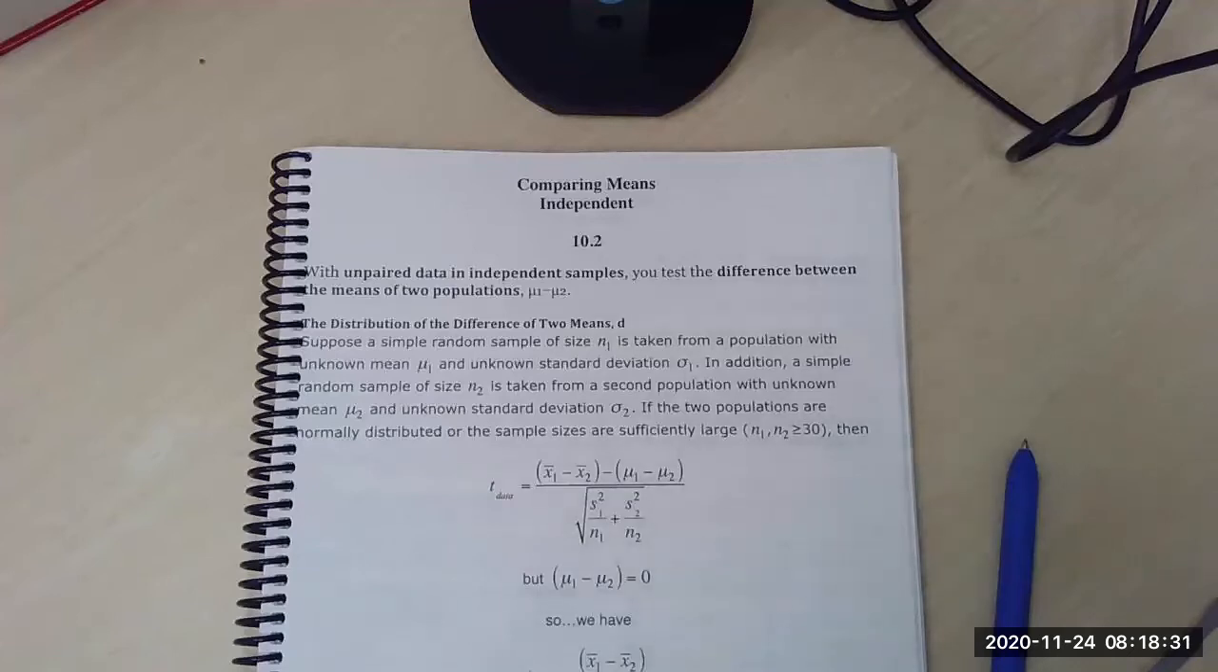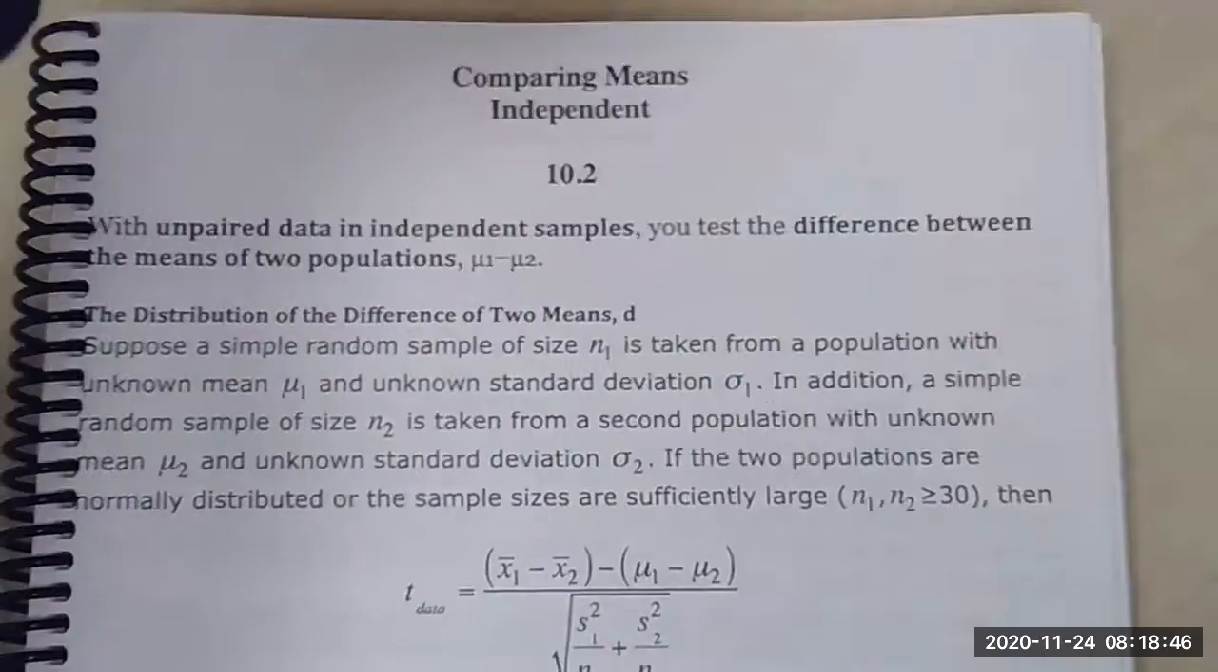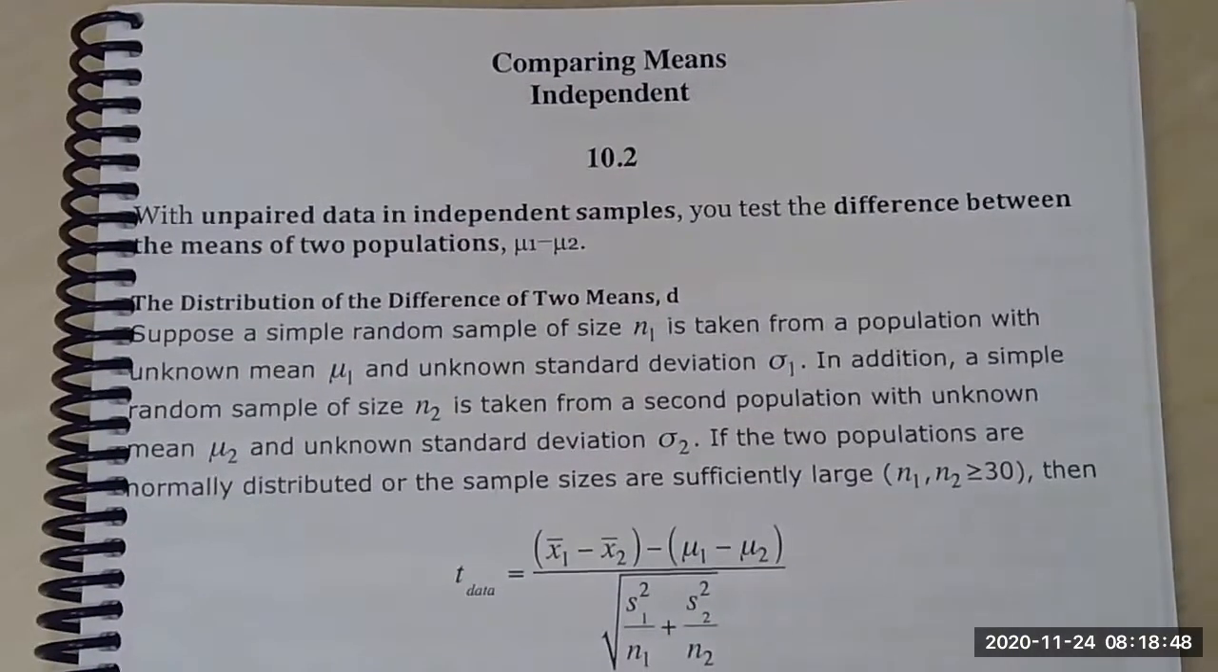This section is going to be called independent, where there are two separate groups of people. Therefore, the sample sizes for each group can be different. They can be the same, but they definitely can be different. And that's what we're going to take a look at today. So as you can see,